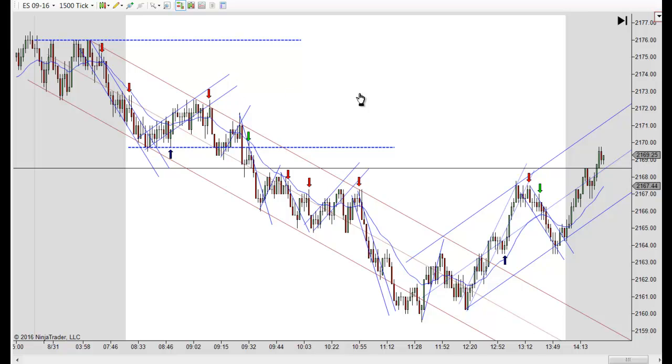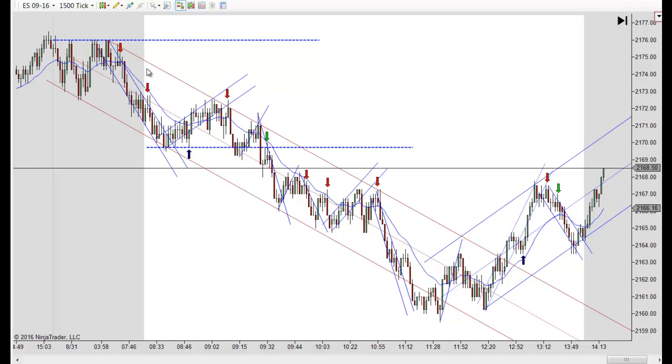But while I've got this channel, this is a good example of how price action is supposed to look. Notice how it fits. Every time it reaches the high, it turns down. Every time it reaches the low, it turns up. That is exactly how price action is supposed to look. This channel fits perfectly, and that's what it's supposed to look like.